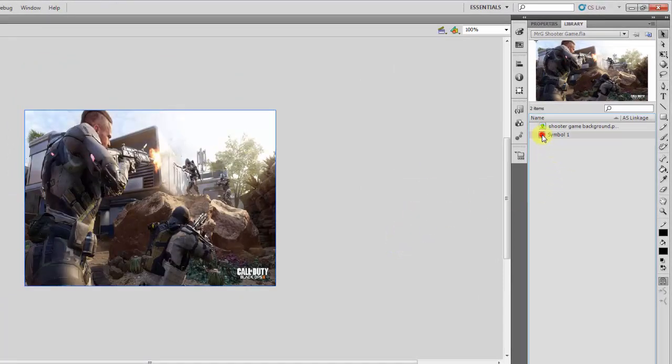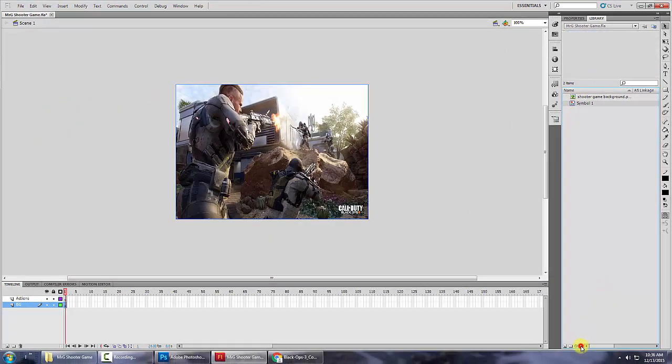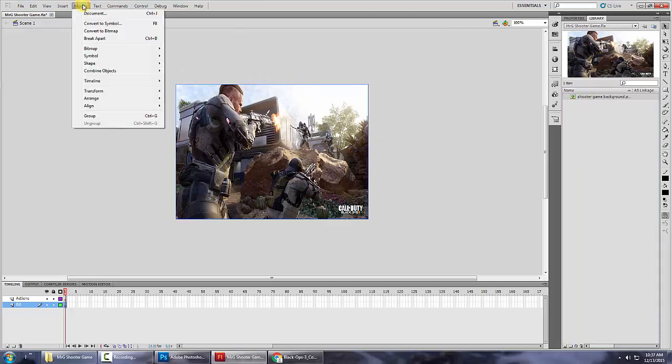I can go back, and this symbol right here I don't need, so if I click on that and then click the garbage pail, that symbol goes away. I only have this one, but not this. I have this picture, but it's not a symbol. So on this one I want to make a symbol out of this. Modify,